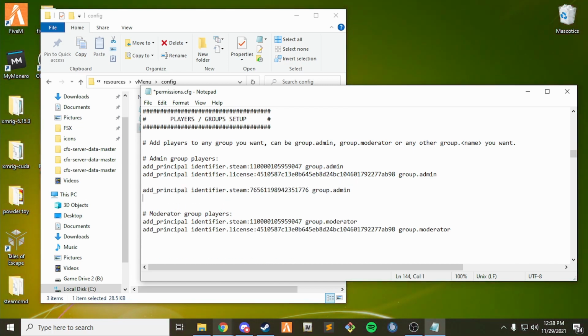64. So on the next line, we're going to do add_principal identifier.license. Then we are going to put our license in here, so you can copy that, like I said, from txAdmin or wherever you have it. You can paste that in there, and we're going to do the same thing, space group.admin. So now we are set up as an admin in the actual server, so we will have our perms